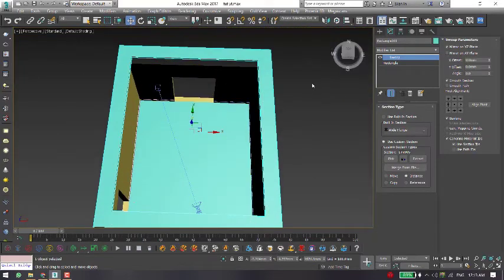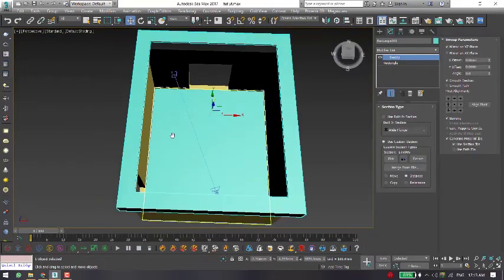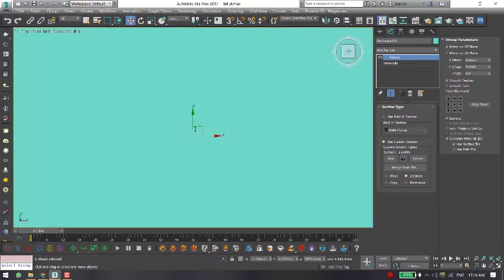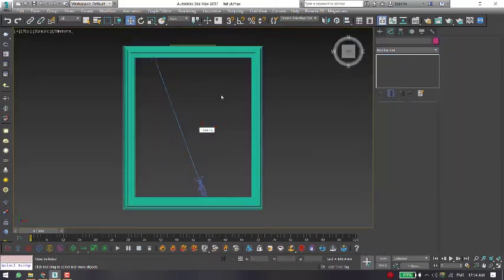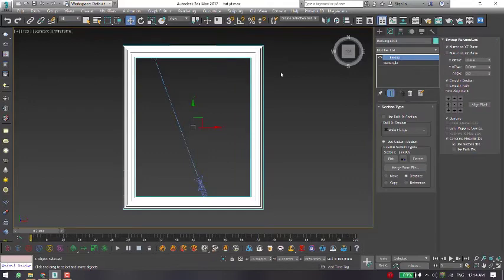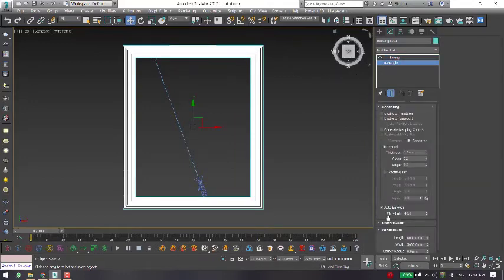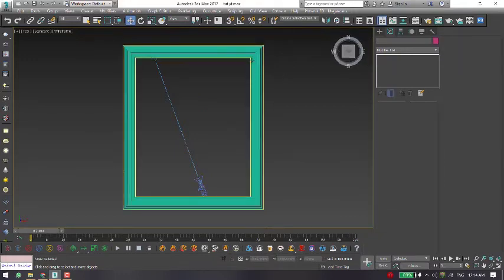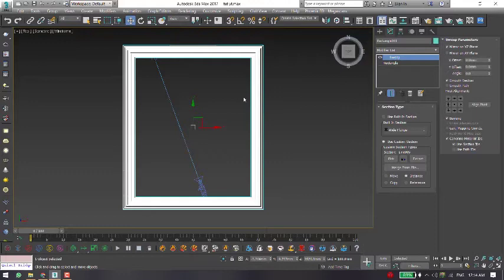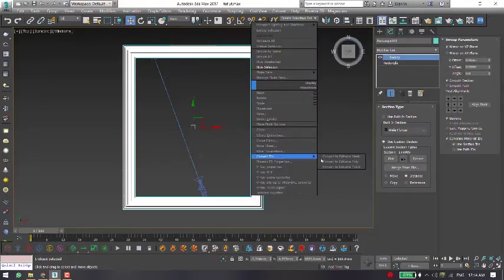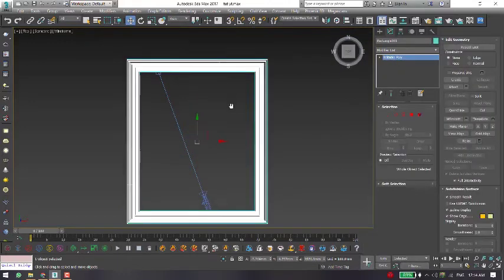We need to match this profile with our room. So press T, press Z, press F3 for wireframe mode. And I'm going to click on the rectangle. No problem at all. We can right click and convert to editable poly.